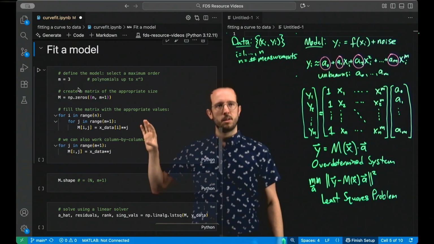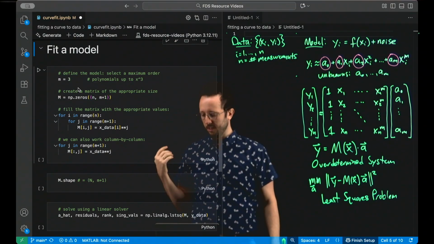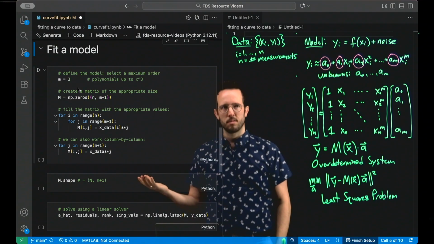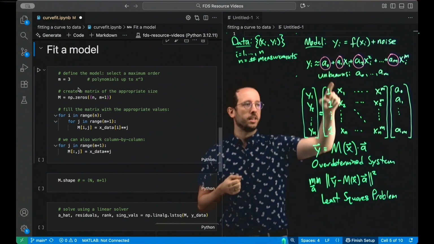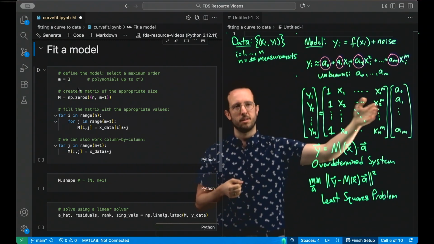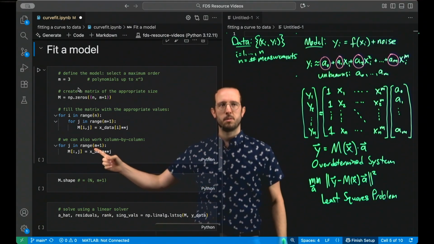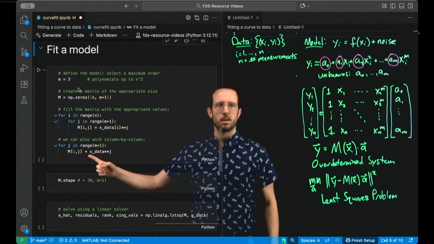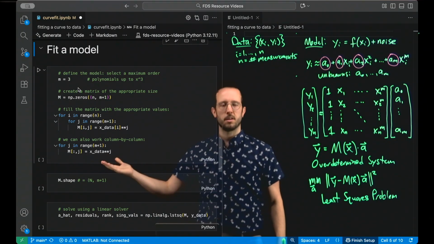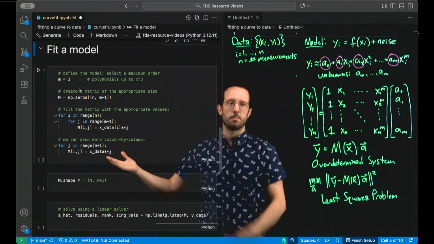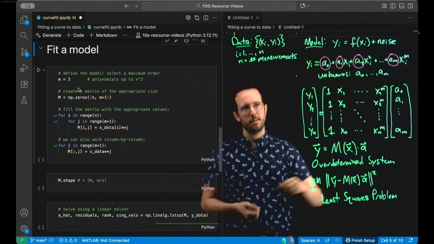Okay, so that's all well and good, but we can do it in a little bit more of a clever way. This is something that comes up a lot. I would call this doing this operation in a vectorized way. So the thing that I'm doing for each column is very similar. I'm just taking the x value and raising it to the same power. So what I can do is actually just loop over the m columns, and for each column, take the entire data matrix and raise it to a power. So when you do this, Python knows to simply apply the power operation to each entry of the vector. So it'll exactly give us these columns that we need.